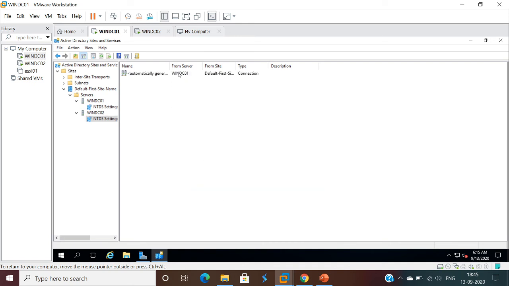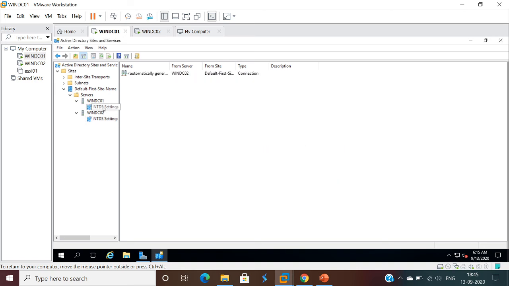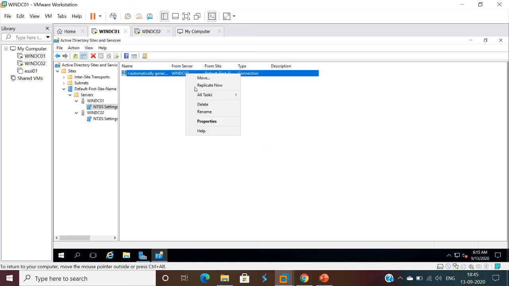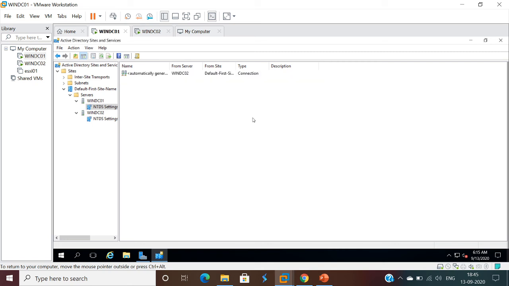We are seeing the link again here, this one from DC01. Now click on this link, click on Replicate Now. We see that Active Directory Domain Services has replicated to the connections. Replicate now. Now we have set the replication on both servers, DC01 and DC02.